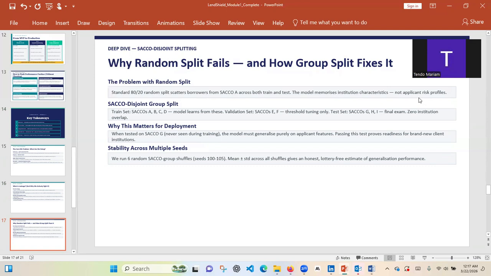The business type matters a lot, but the problem is that the random split does not cater for them. But now, how the disjoint group split works, it trains the circle. We get like 4 models, 4